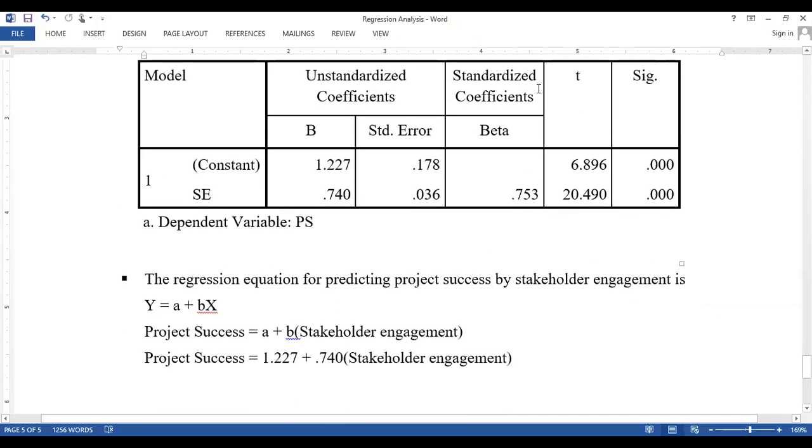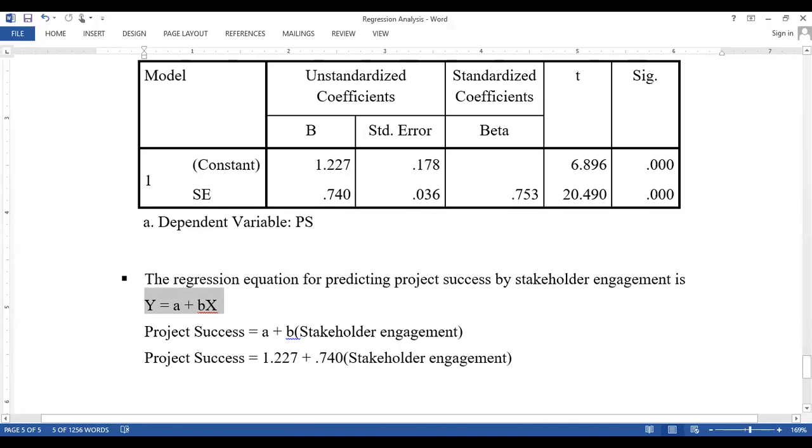Moreover, we can see how we perform the regression analysis in IBM SPSS. We have also discussed that we have a regression analysis. So how can we use that particular regression analysis? This is basically the regression equation: Y is equal to a plus b of x. What is Y? As discussed earlier, Y is our dependent variable, so in our case, project success is the dependent variable.